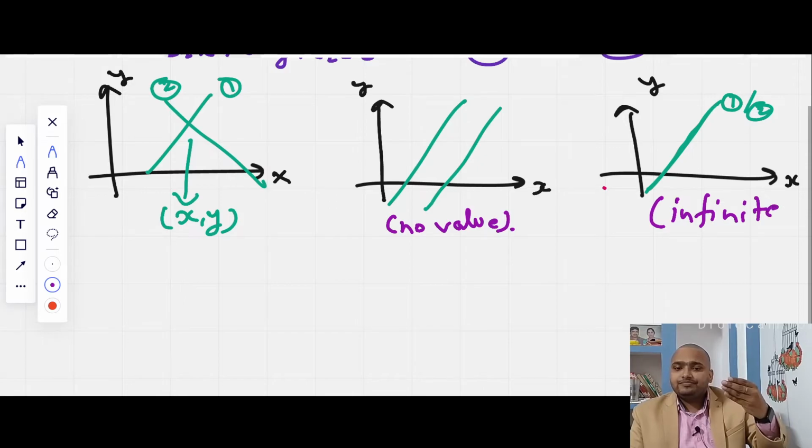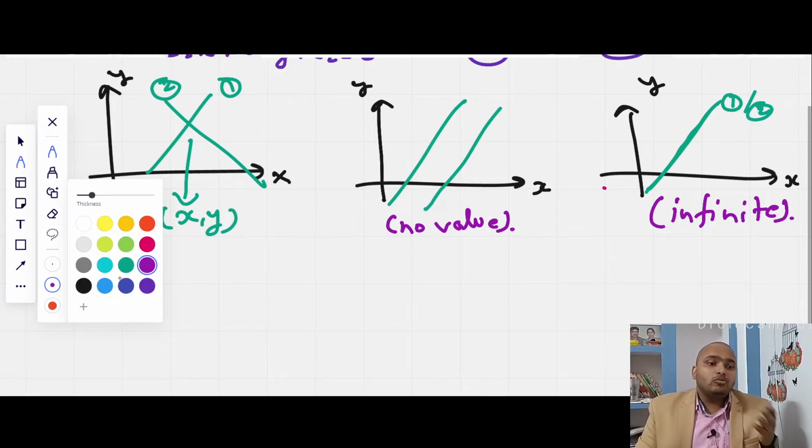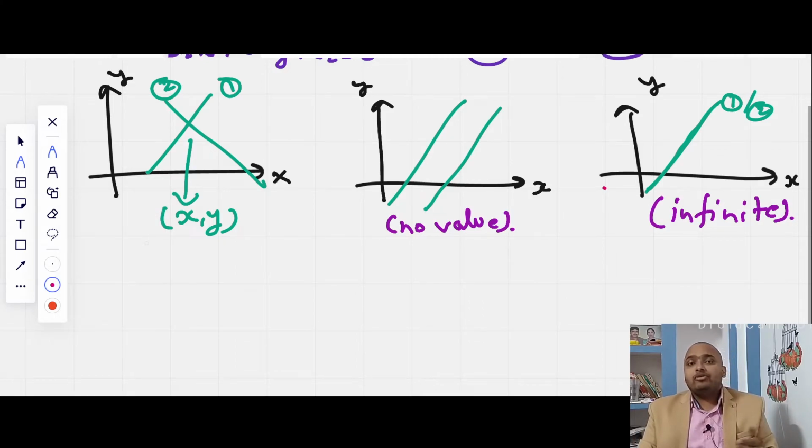Now when you draw those two lines on the graph, only then can you say whether they intersect each other, are parallel, or are coincident. But if you don't want to draw the graph, and by only seeing the equations you want to say whether they will intersect at a single point, or are parallel or coincident, there is another way.